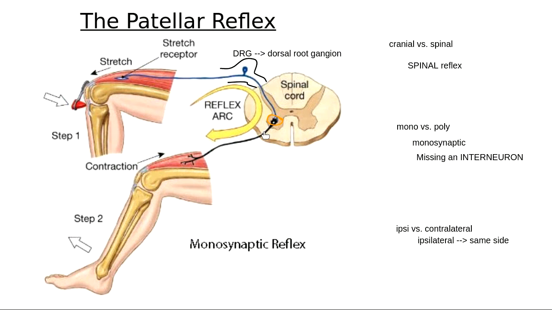Exactly. The stimulus for this reflex: the doctor comes in and taps your knee. What you're actually detecting, what kind of sensory information makes this happen, is the stretch. So we're detecting stretch information. Notice that my sensory neuron is called a stretch receptor, so it's detecting specifically the stretching of this muscle. And my response to this muscle stretching is, well, I'm going to contract it to make sure it doesn't stretch